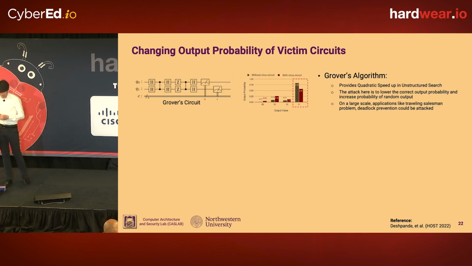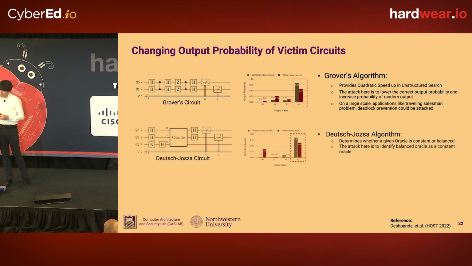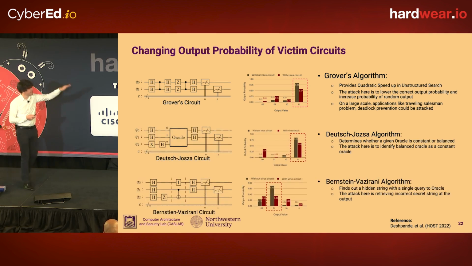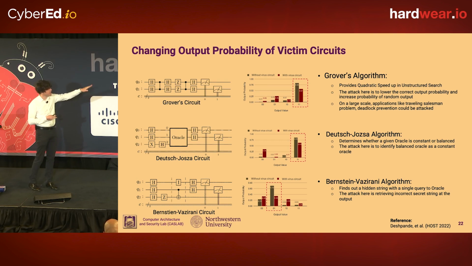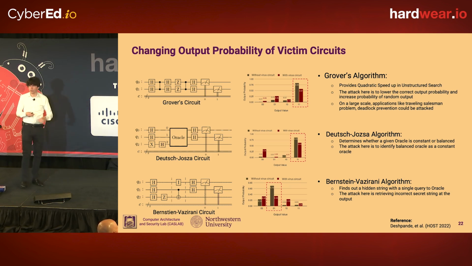And then very briefly, this can be applied to many different victim circuits. As you can see, Shor's is not included here because these machines are too small to run Shor's algorithm, so Grover's and some other ones. And you can see in all the cases, the crosstalk is able to significantly reduce the correct solution, or for the Bernstein-Vazirani, in the last case, almost flip from 0-1 to 0-0. So through the crosstalk attack, you're able to affect the victim.